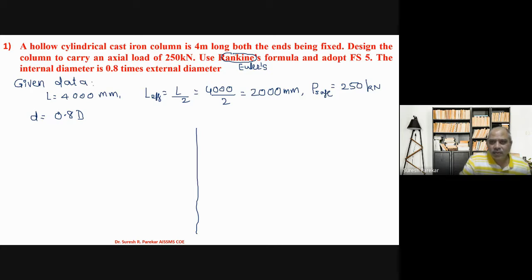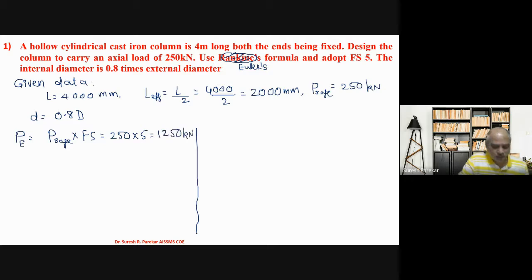So we have to use Euler's formula and adopt a factor of safety 5. So first we will find PE, which is equal to P safe into factor of safety, and that is equal to 250 into 5, which will be